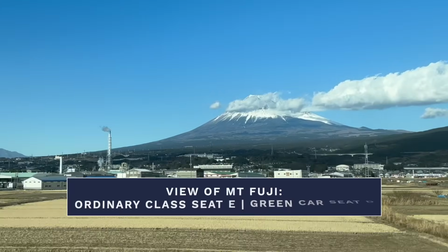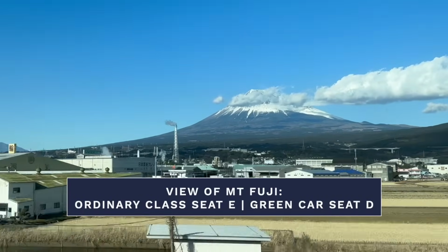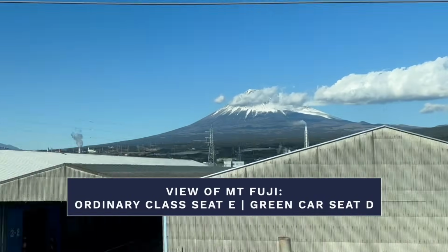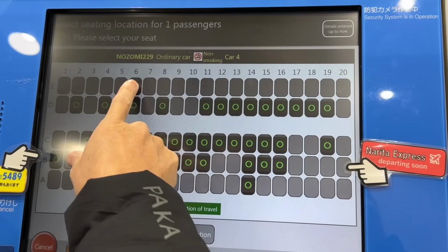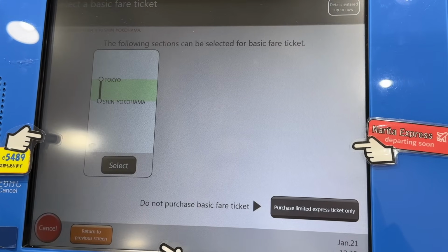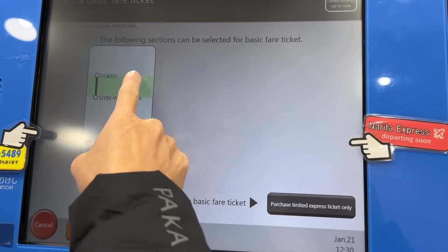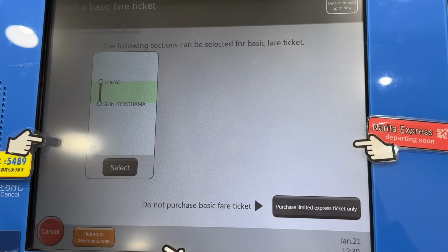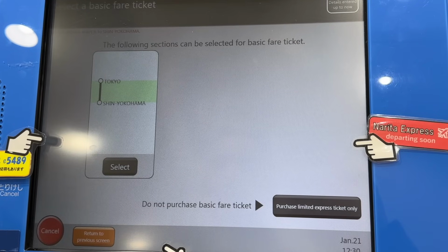If you want a view of Mount Fuji when traveling between Tokyo and Kyoto, choose seat E in ordinary class or D in green car. 6E, confirm. Please select a section for the basic fare ticket, Tokyo to Shin Yokohama. Select. As a side note, the other option it's giving you in the bottom right hand corner is do not